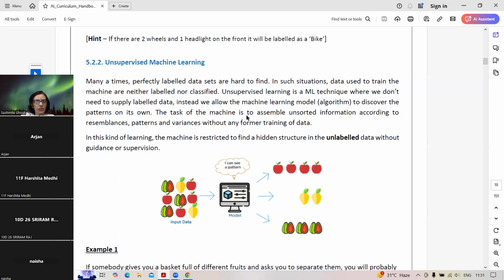So the task of the machine is to assemble unsorted information according to resemblances, patterns and variances without any formal training. उसको उससे पहले कुछ नहीं दिया हुआ था, मैंने कुछ information नहीं बताया हुआ था. I am not told him कि ये ऐसा होता है, flood का destruction ऐसा दिखता है, या ये ऐसा है या वैसा है, कुछ भी नहीं. I am not told him anything. I have just given him pictures. Seeing the pictures, from the features he is able to group the data separately. Okay, so he actually does the labeling,